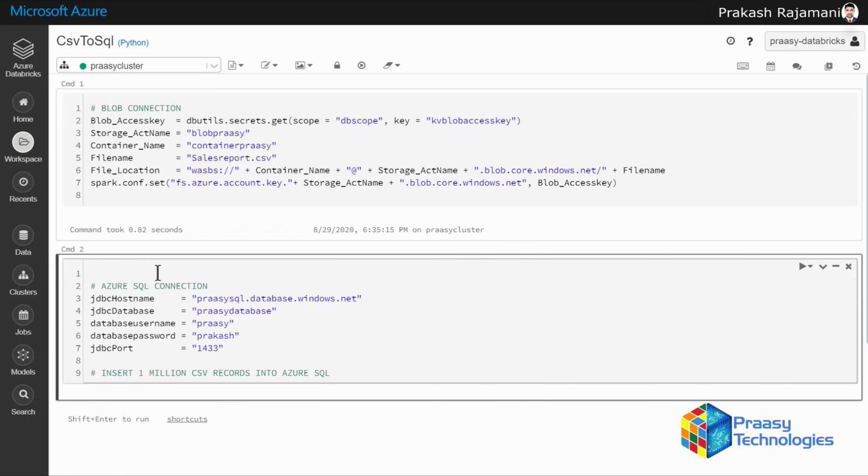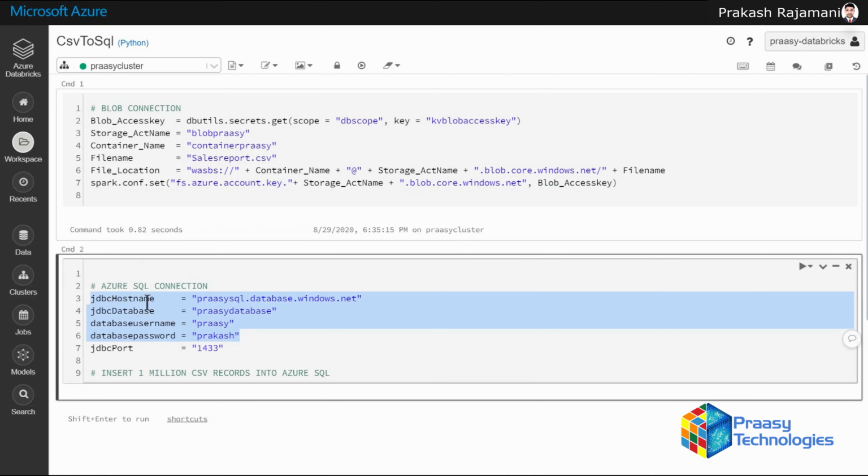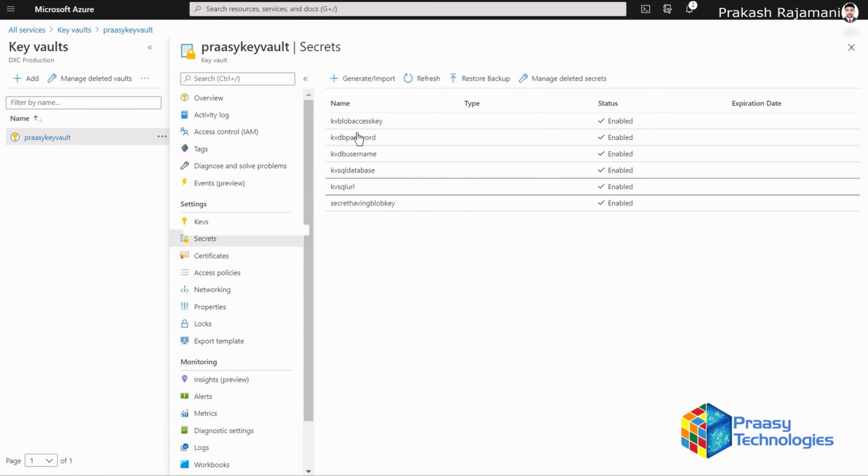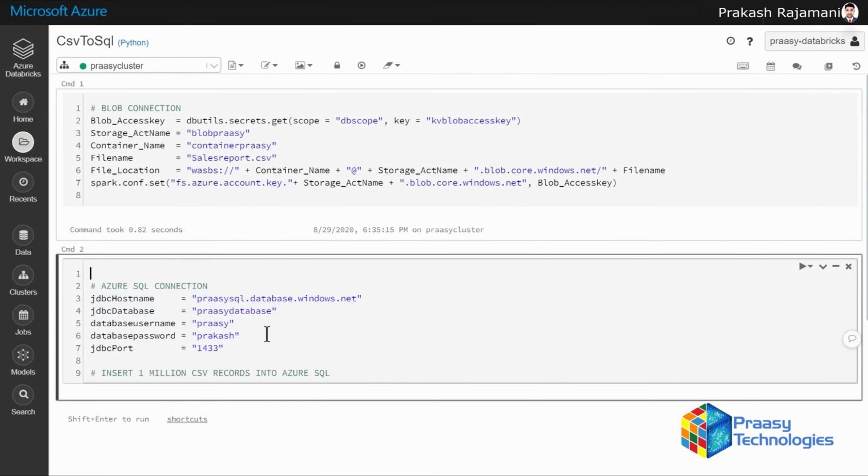And here you can see that as we discussed earlier, we are not supposed to disclose the credential details of the database. So we are going to follow the same key vault here. So we are going to create different key vault secrets for all these variables. Let's go back to the Azure portal and create key vaults. I have already created the key vault for all the 4 variables, the database, the username, the password, and also the host name, which is the URL. So replace them with these key vaults.